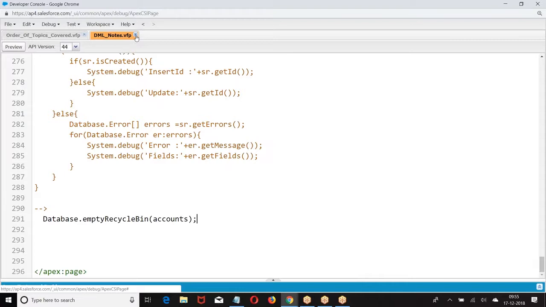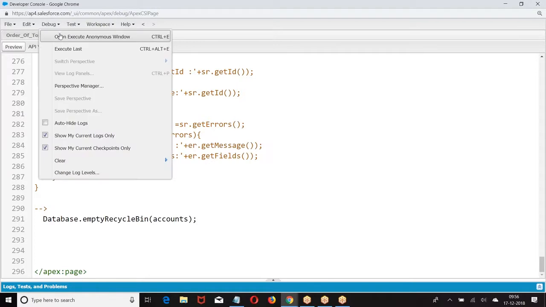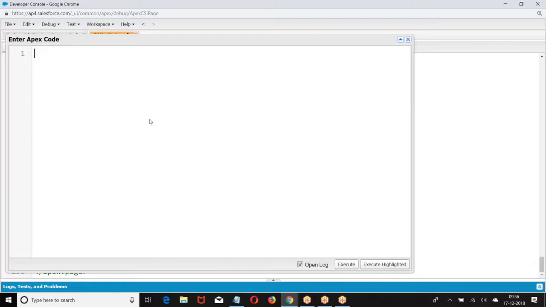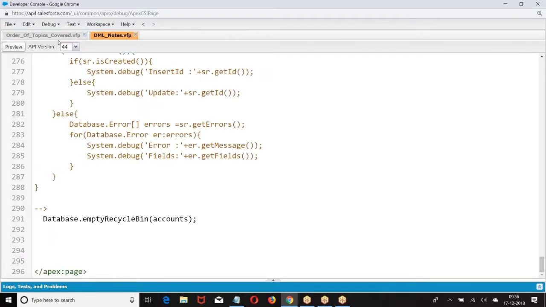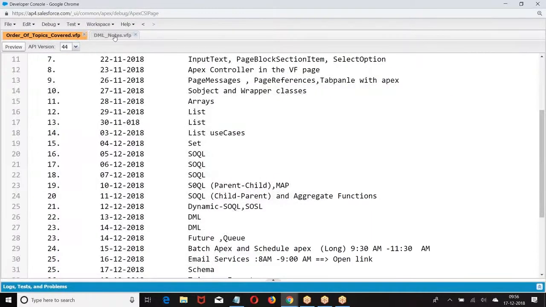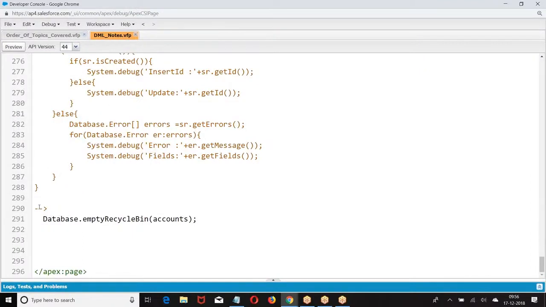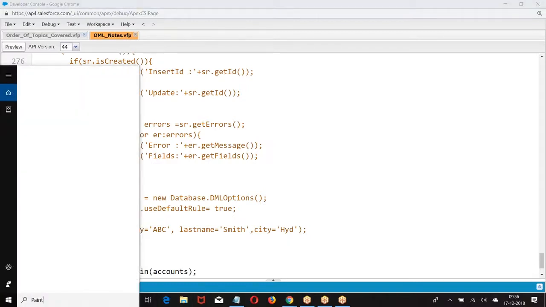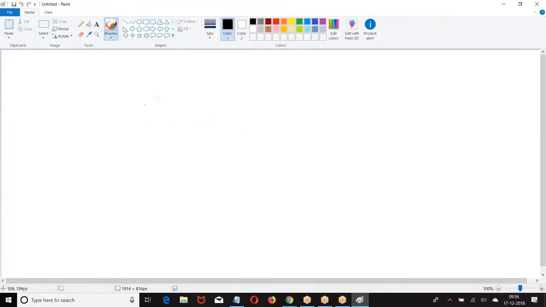Transaction control statements, which are nothing but savepoint and rollback. Now, let me give you a basic example here. Let us go to the next example, transaction control. Now I have this, my database.